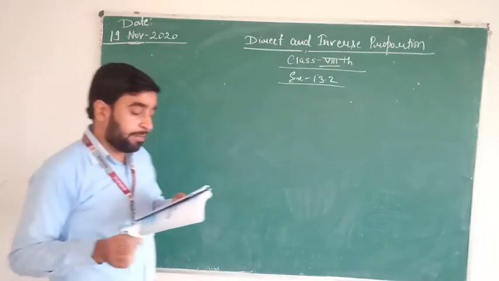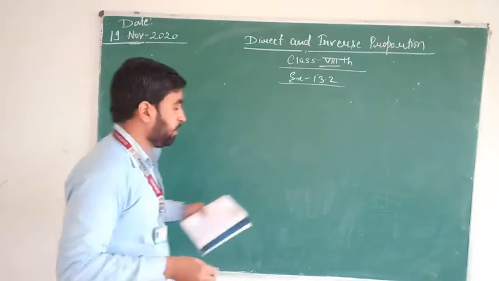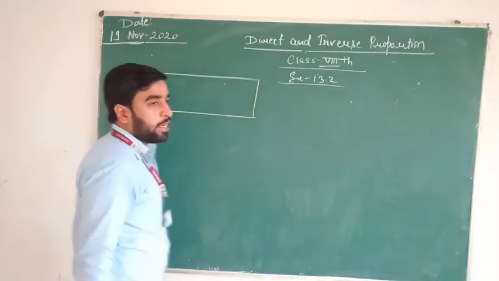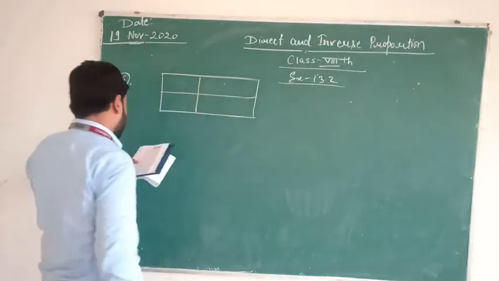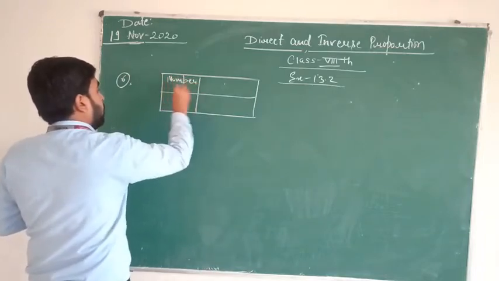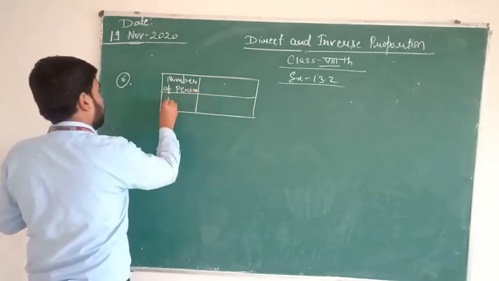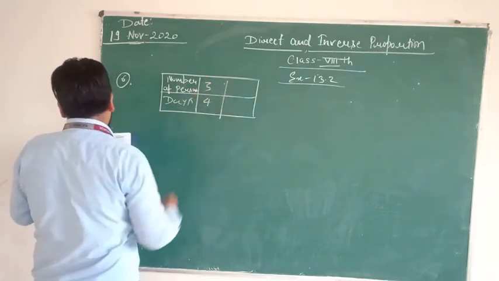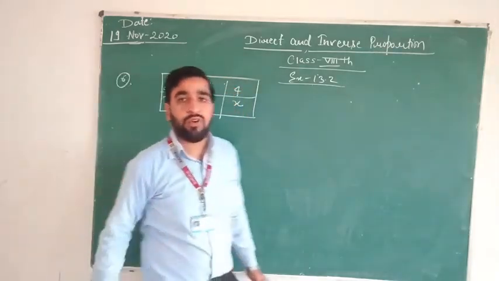A contractor estimates that 3 persons could rewire Jasminder's house in 4 days. So in direct and inverse variation questions, the very first step is to plot the table. So we will plot out the table. What are the columns which are needed to be filled? Number of persons, and days. So that is given. 3 persons, 4 days. If the number of persons are 4, how many days to rewire the house of Mr.